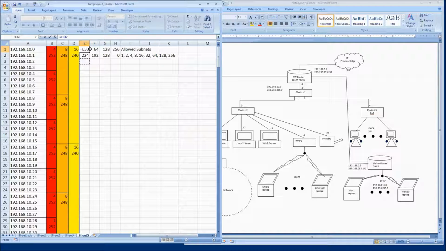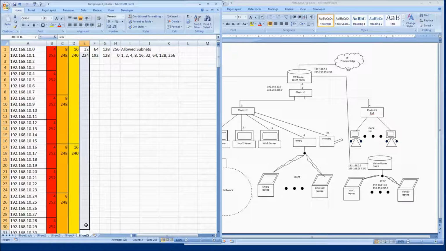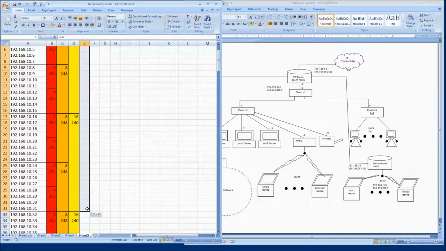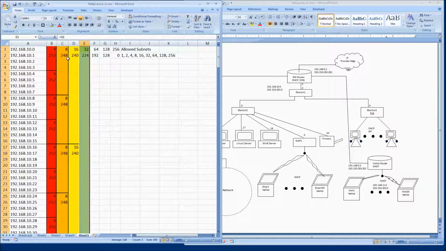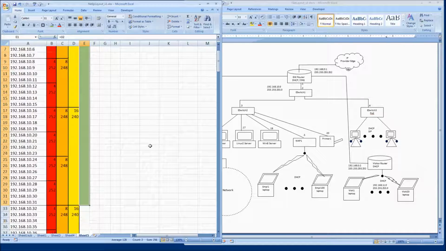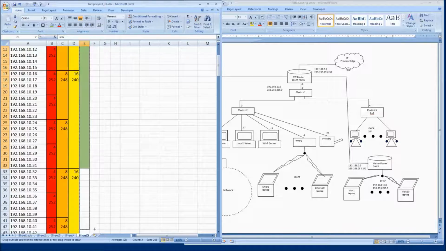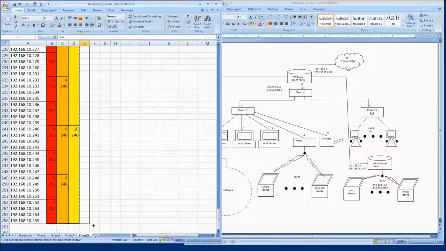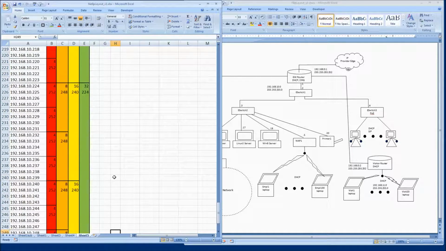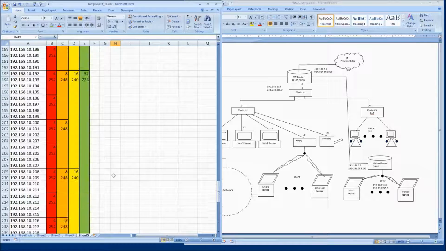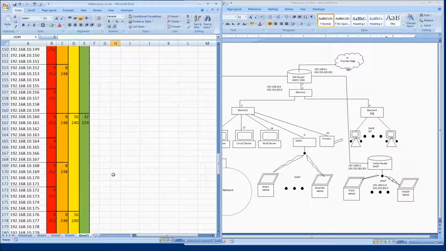Equals 32. Okay, let's get 32 IP addresses and color him green. Put a box around him. And you'll see later on why this becomes important, because if you remember that we were giving the default router